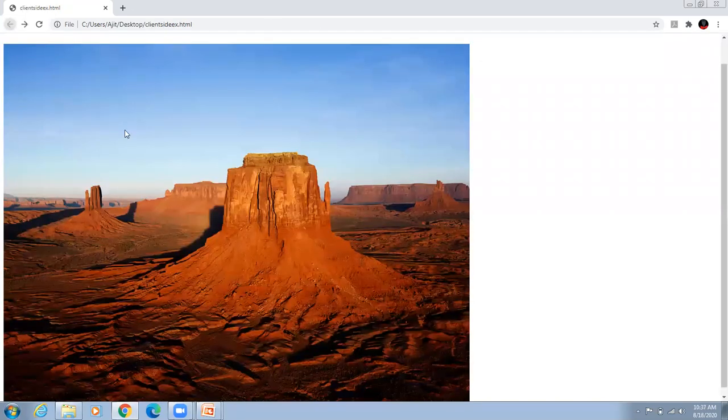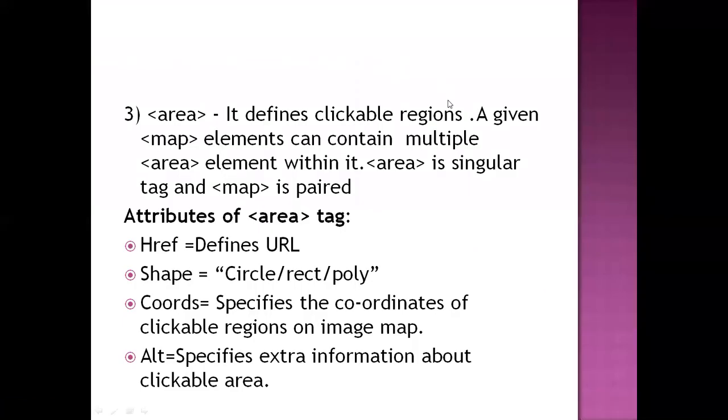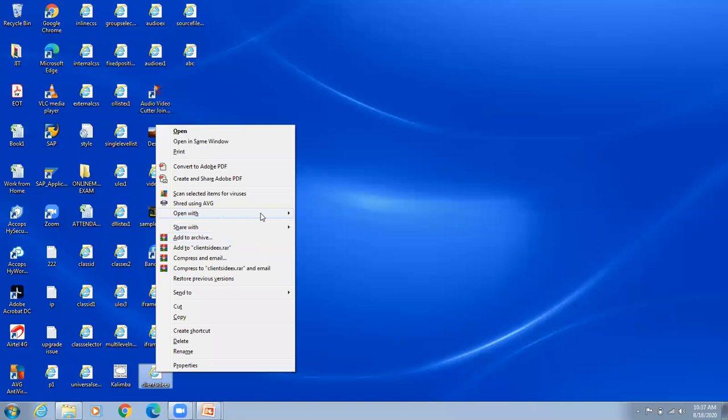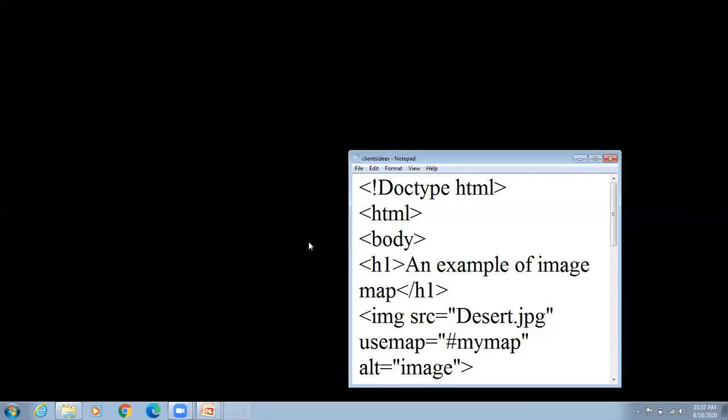Now I don't want to give the reference for ABC. I want some other website name. So what I will do, I will open it again with Notepad.